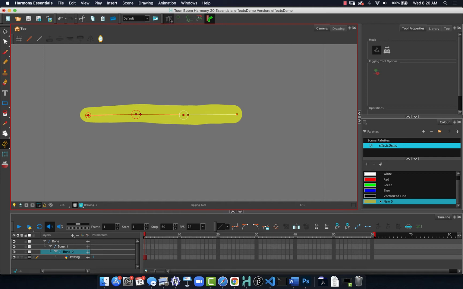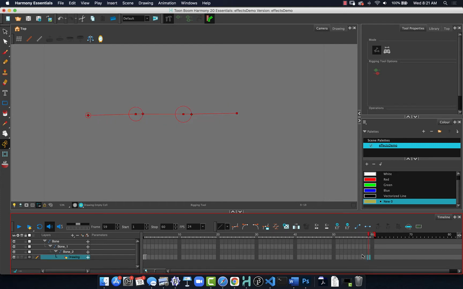Now, to modify these, when I'm using the rigging tool, I can go in and I can move where this bone is going to be. So each segment here is a bone, and the circle is going to be my area of influence. So when we look at this, we can see it added those bones to this drawing layer. So now we can see that structure of I have three bones, bone 1, bone 2, and bone 3, well, bone 1, bone 2, so kind of bone 0, and then my drawing